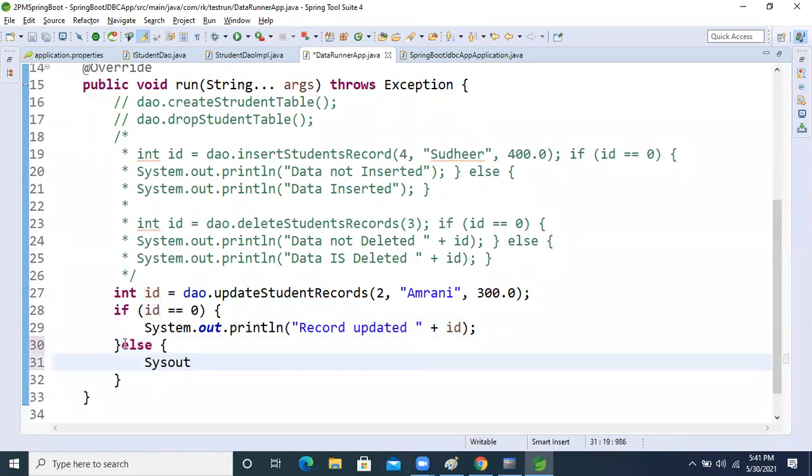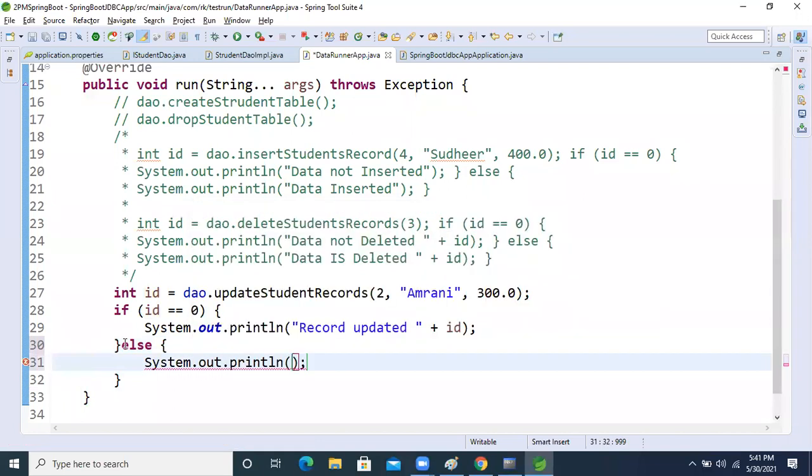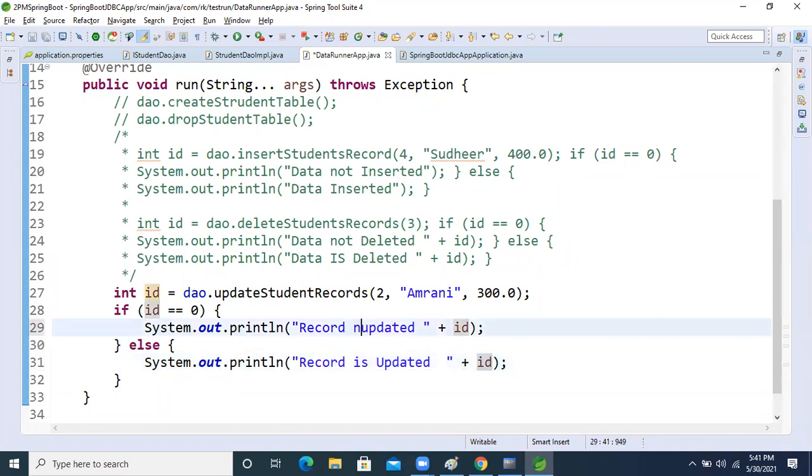Otherwise, Sysout: record is updated, plus the ID. Okay, correct. Here it is not, right? Correct?